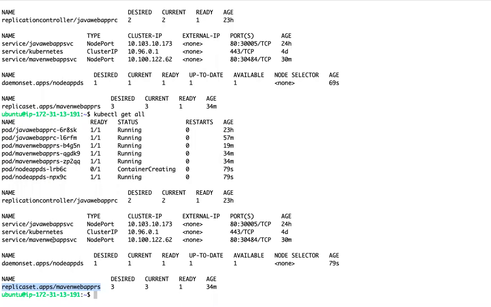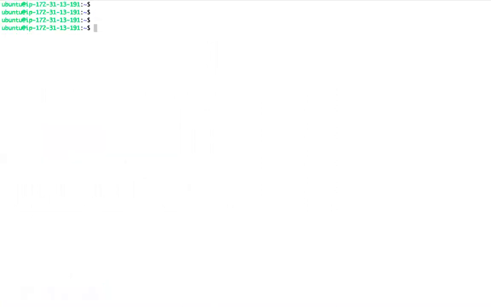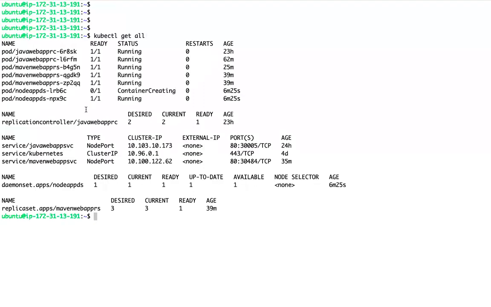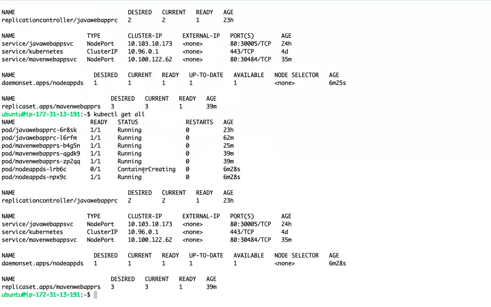Let me show that. Now, let's take the replication controller or replica set. Why is this still in container creating? What is the problem? kubectl describe.